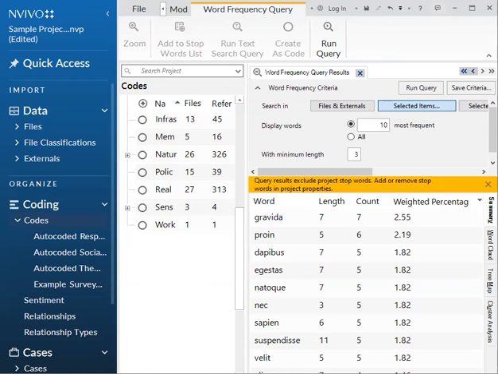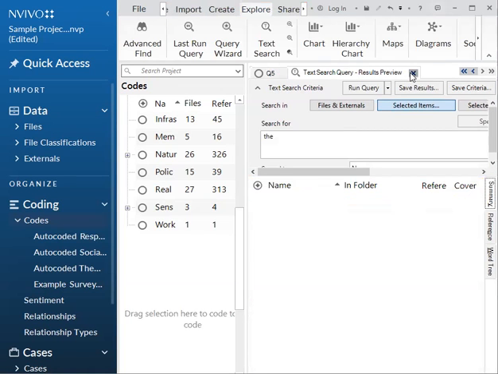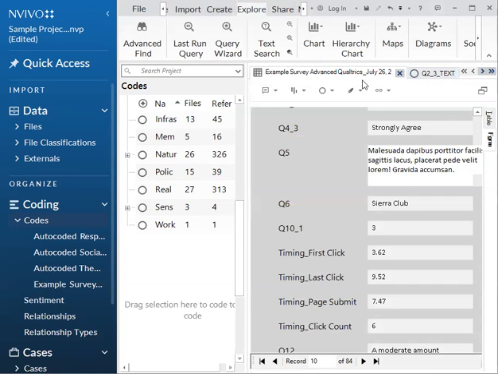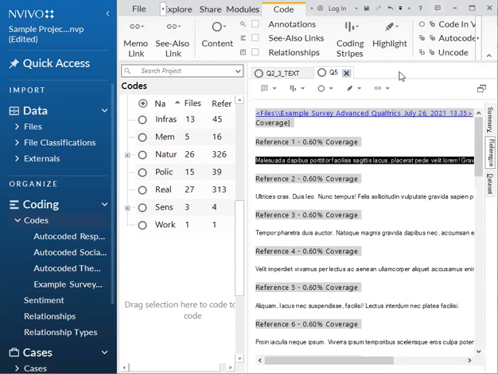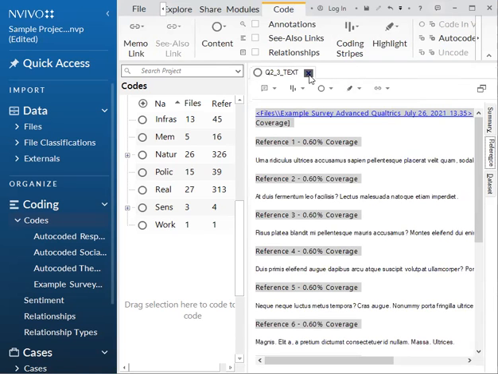So keep in mind that this function will only provide results once coding has been performed by the researcher. So if you haven't done any coding, you won't get any results. And also the results will only be as good as the coding that's been completed. So keep that in mind too, if you're not finished coding, that as you finish, the results will just be more and more helpful. So I'm going to close out this word frequency query here. And I'm going to close out the example questions as well, and just close out the rest of this text.